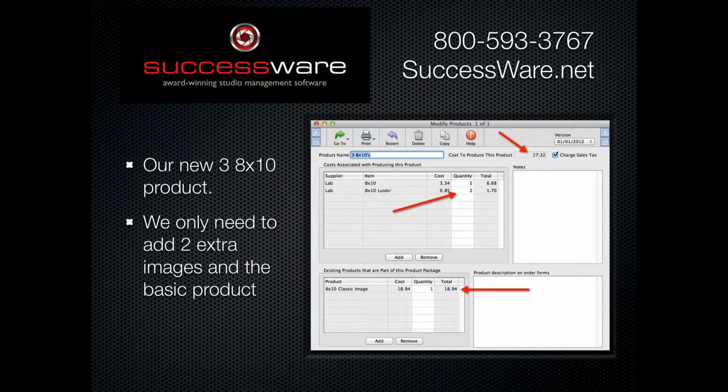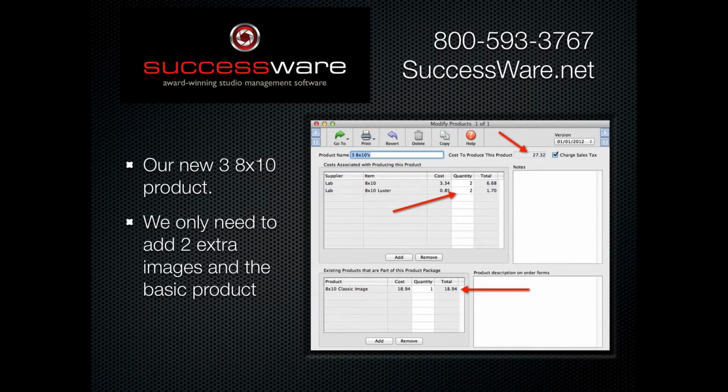Now, we can take the product that we just built and we can actually create a 3 8x10 product, a new product. This is a very simple product, but where I want to explain or give you an example basically of what a product bundle is and how beneficial it can be to your development of the products that you want to create for your studio. Well, our 8x10, because we created it, had a cost of sale price of $18.94. Well, if we were to do 3 of them, all that hard work, that time and edit time and bags and bows all go into the makeup of that original